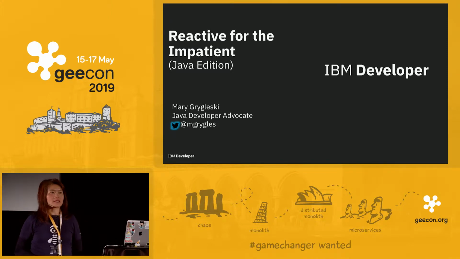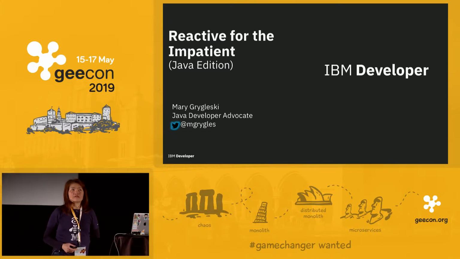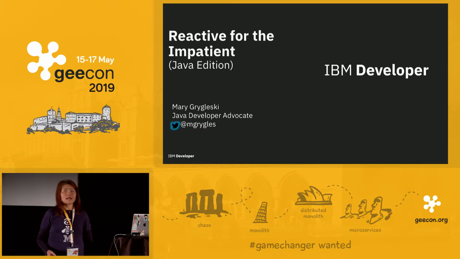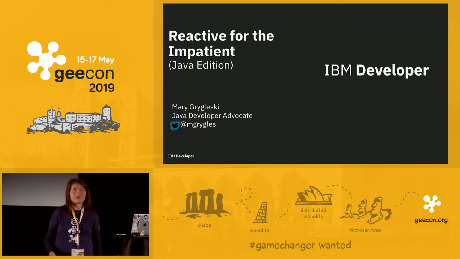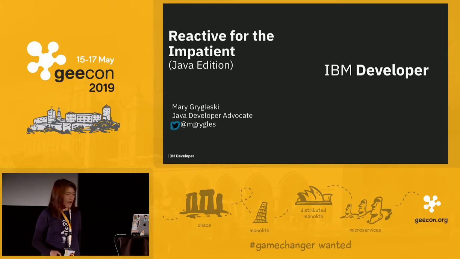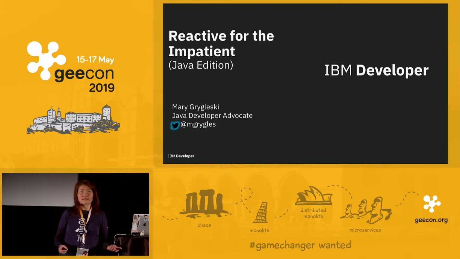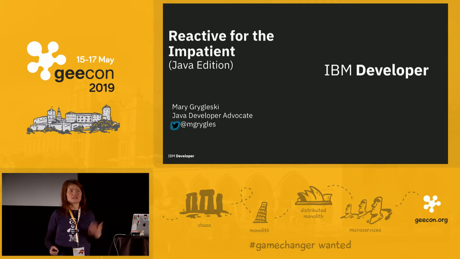My name is Grygleski. I'm a developer advocate with the global Java developer advocacy team at IBM. And by night, I'm a Chicago Java Users Group organizer, as well as a few other IBM-sponsored meetups in Chicago. So that's my background. I was also a developer and engineer for over 25 years or so. And I've lived in Chicago for about 15 years so far.